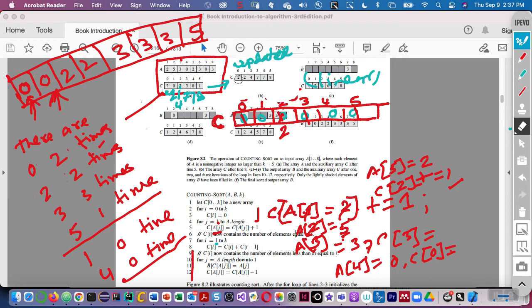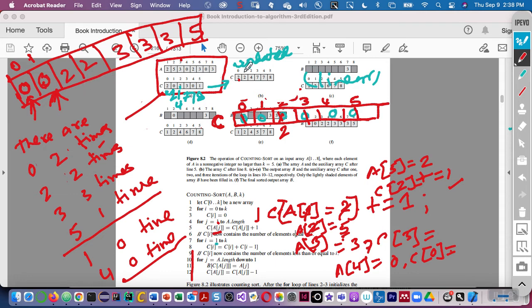The last occurrence of 0 will be at the second position in the final value. See, there are 2 zeros here, right? The last 0 is this one. Last 0 will be at the second position. So in an array, if we start with index 0, the second position is 1, right? This 2 is the critical part over here. So this 2 means if there exists a 0, then the last 0 will be at position 2,